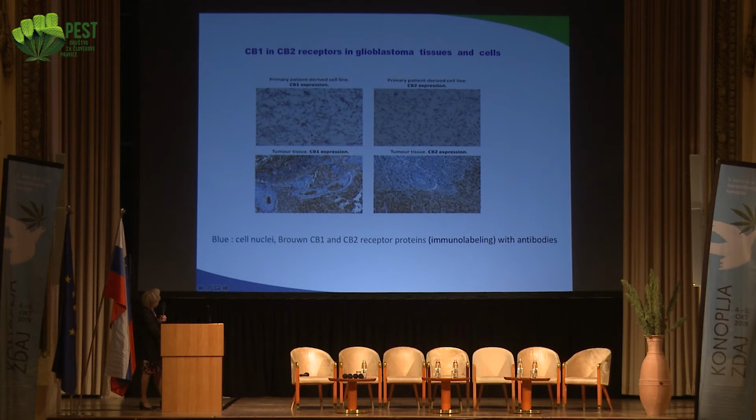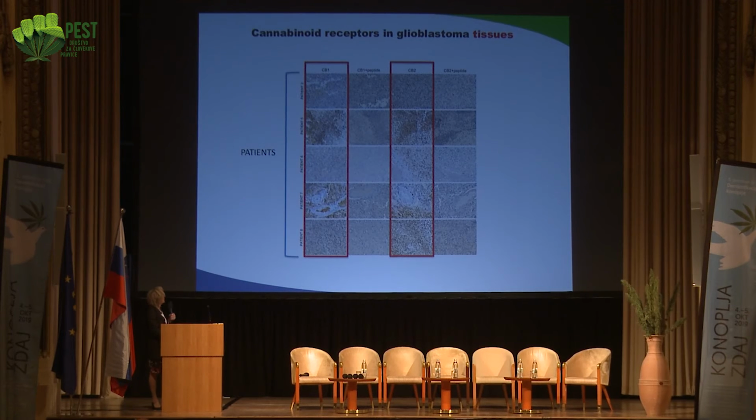And here is another patient, and CB2 is also expressed, CB1 and CB2. When we isolate the cells from the same patient, we can see that these cells also express CB1 and CB2. I have to stress here that tumor cells generally express more of these receptors than normal cells, whereas other cells mixed in the tumor, like macrophages and infiltrating lymphocytes, can also express these receptors, but not to such a great extent. And that's why this receptor can be the target for the cannabinoid therapy. Now here are just examples of different patients.